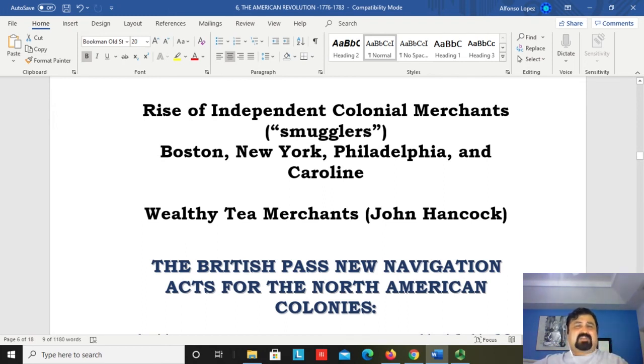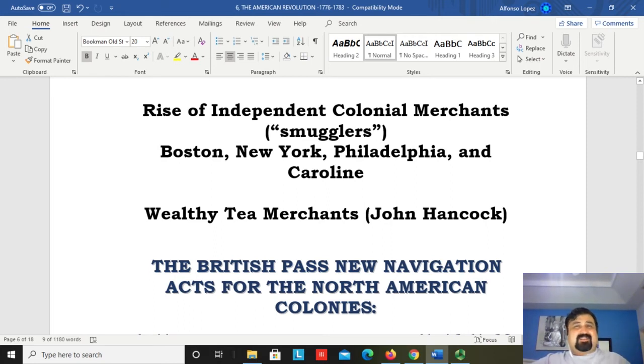For example, in Boston, Massachusetts. Boston, Massachusetts was very well known to have a group of tea merchants that were the predominant business class, if you will, of Massachusetts. They're in Boston, the capital, and they have risen in predominance, particularly because of this type of free trade, particularly the tea trade. There's now a tea culture on the rise in Massachusetts, in New England, and they're actually